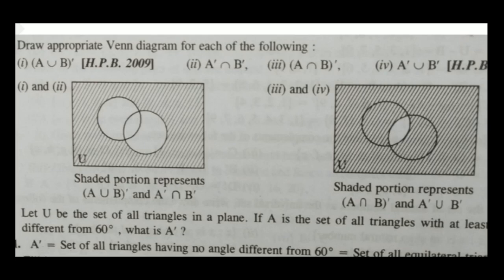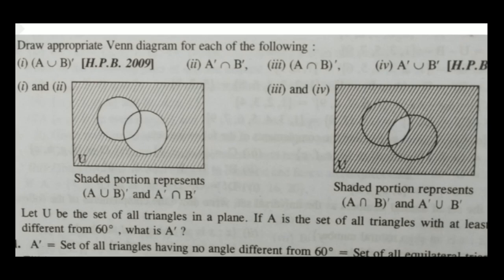By using the properties of sets, we have discussed all of them before starting this chapter, De Morgan's law. So we will use that property. Remember, students, the complement of A union B always equals A complement intersection B complement. Is it clear? And in the same way, we will do the third part.